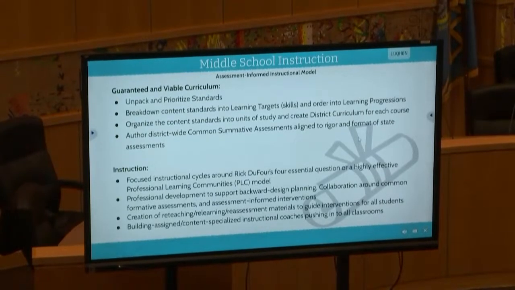And so I'll talk to you a little bit about some of those pieces today. The first thing we really had to do was unpack and prioritize our standards. We really needed to make sure that in all of our areas, not just the core, but even in the encore, our teachers understood what their standards said. We wanted to make sure they understood the verbs and the right level of rigor, and then the next